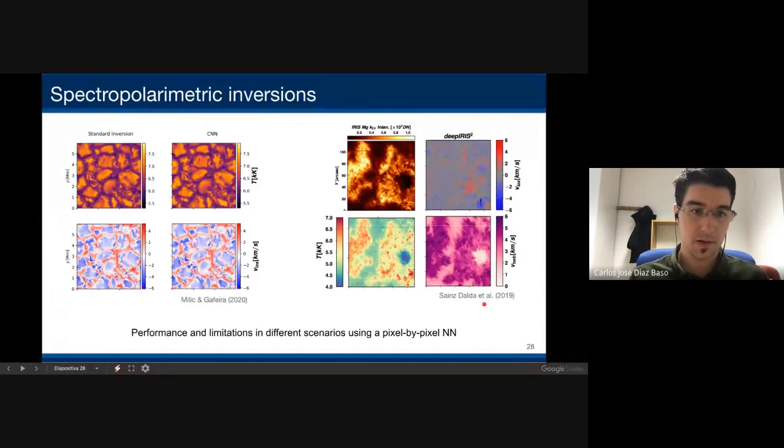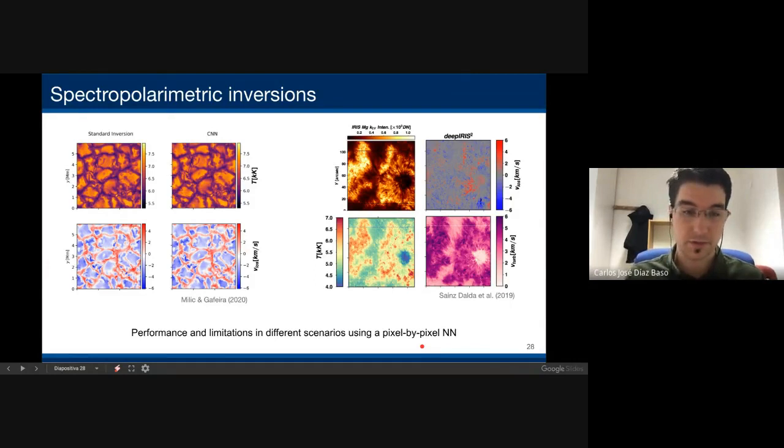They have been analyzing the performance and the limitations of this technique in different scenarios using a pixel by pixel approach. So here at the end, what we are doing is to map the Stokes profiles with the physical quantities. So the neural network is